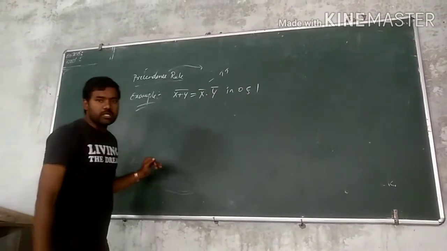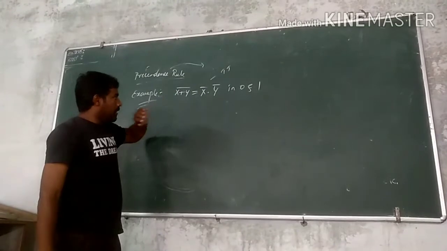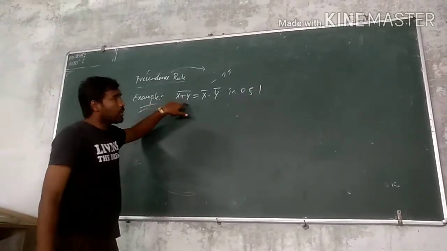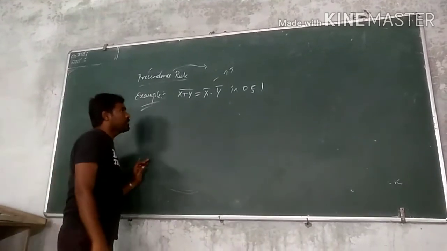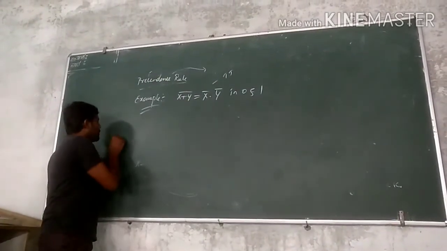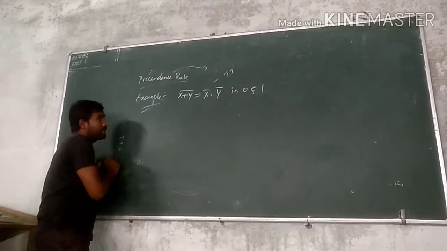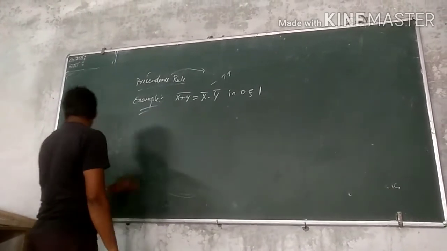Using the truth table. It means that you need to solve this using only the truth table, not any other format. Clear? You need to use the truth table, in the sense you should go for NOT as well as OR table. Let us go for solving this one.